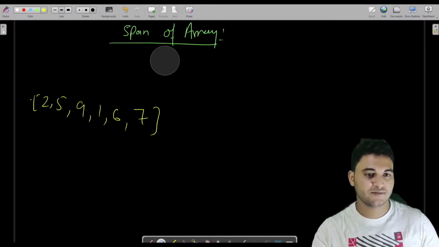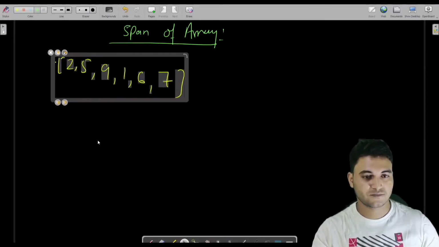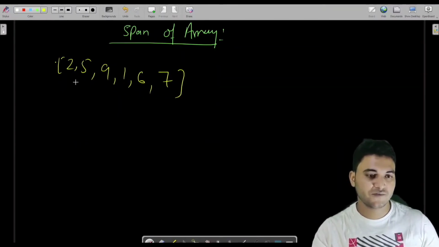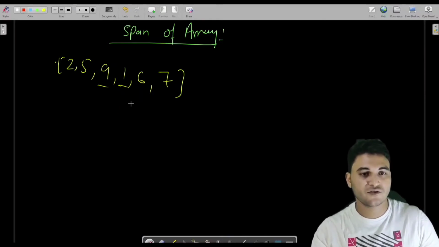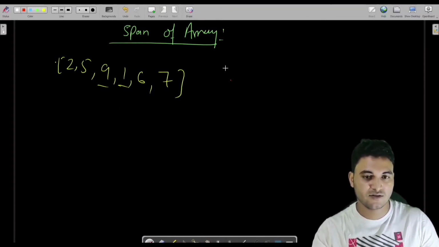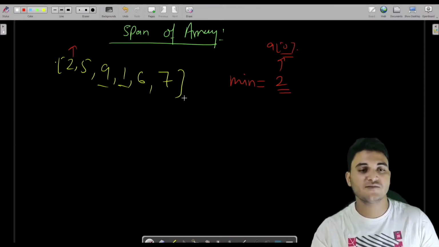Fine. So let us take this array as our input. Now what you have to do, you have to get the maximum and the minimum. Here minimum is 1. To get the minimum and maximum, we have to follow the linear search algorithm, somewhat exactly similar to linear search. Let us say min is initially this value, which is 2, the reference for this being a of 0. Fine. So let us say we have chosen 2 as the minimum of this whole array.